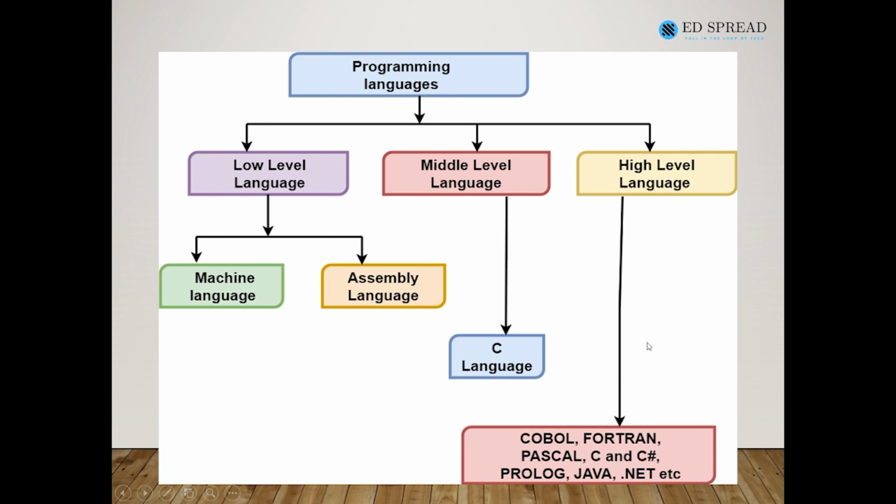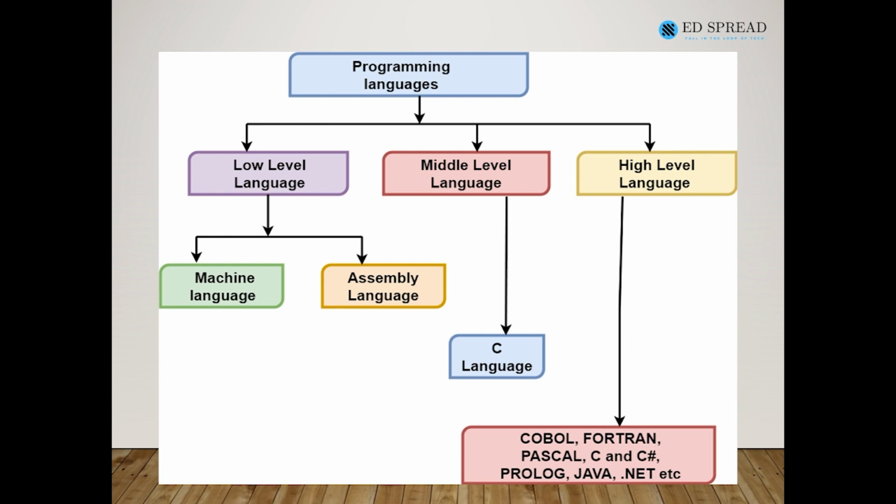In the machine level language and the assembly level language, the more it is comfortable for the computer, the less comfortable it is for the human to give the input. To write the program, everything was hard and it was a time-taking process. So instead, they wanted to make it easier, and in the 1970s itself,